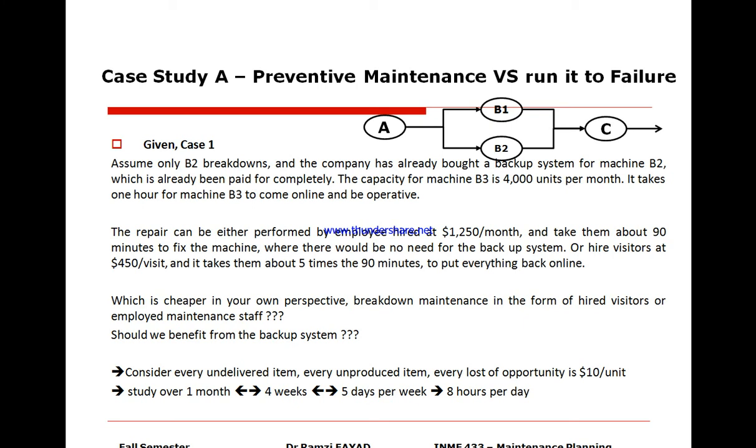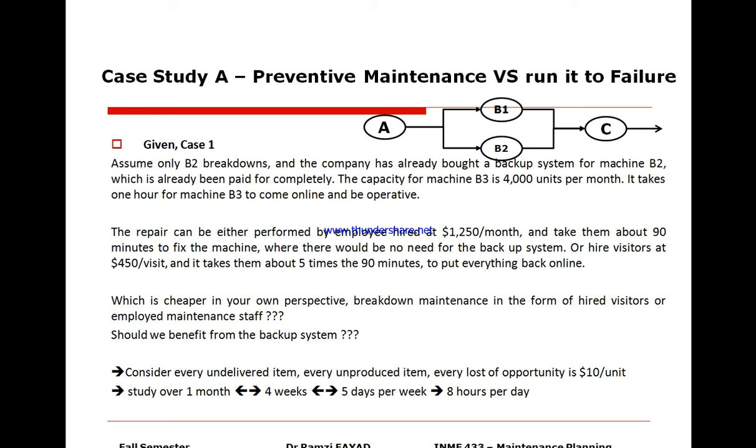If we do, when machine B2 breaks down, we could just fix it, or we could put the backup system online, which would take an hour to become operative while fixing machine B2. And two more scenarios,